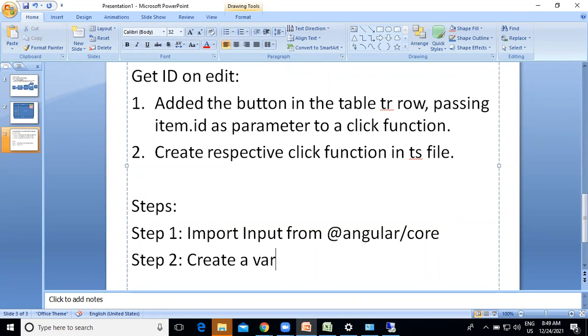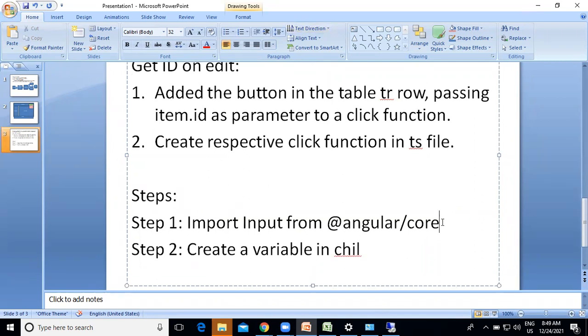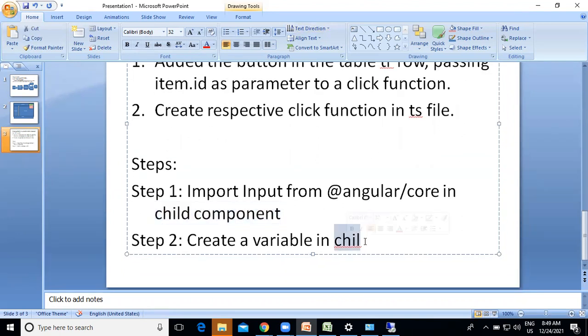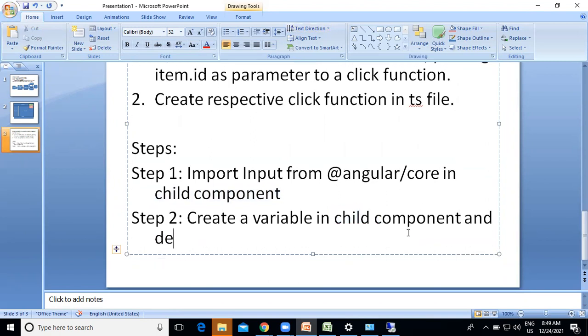Next, step 2: create a variable in the child component. All these things should be done in the child component. Create a variable in the child component and decorate it with @Input.